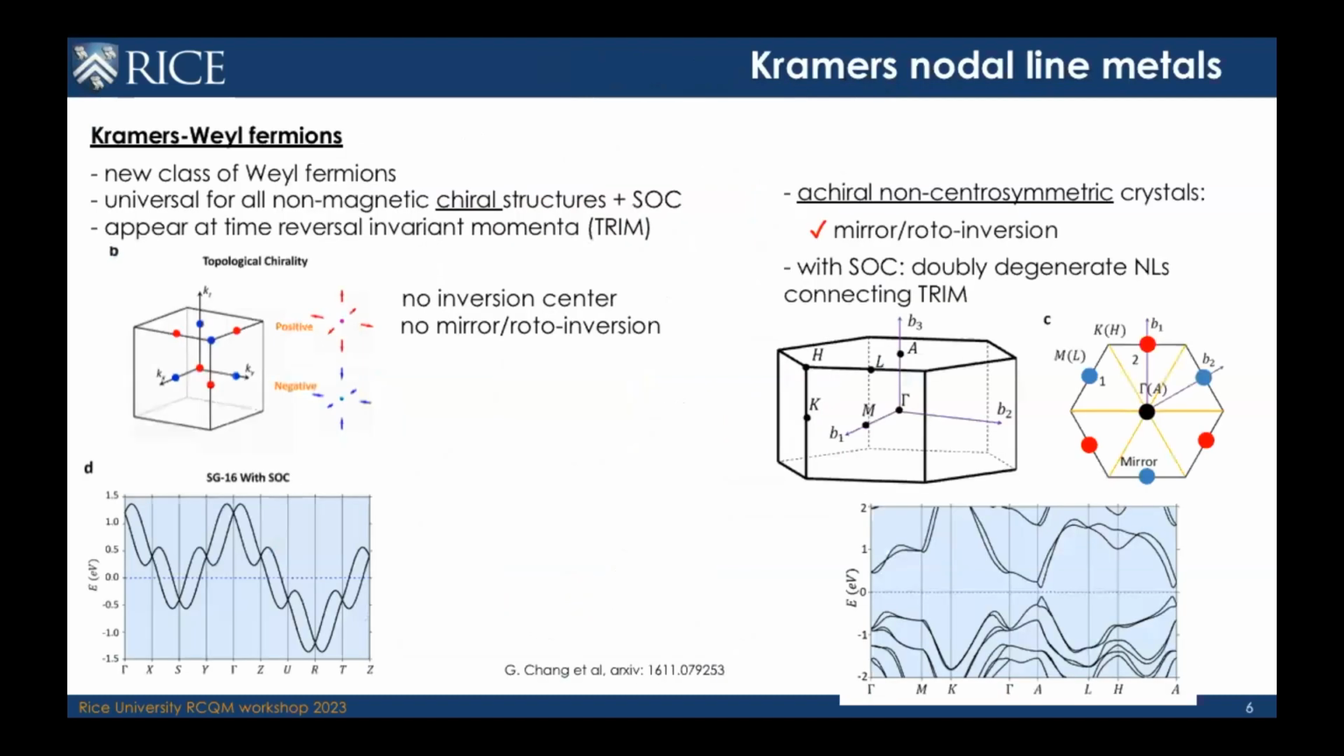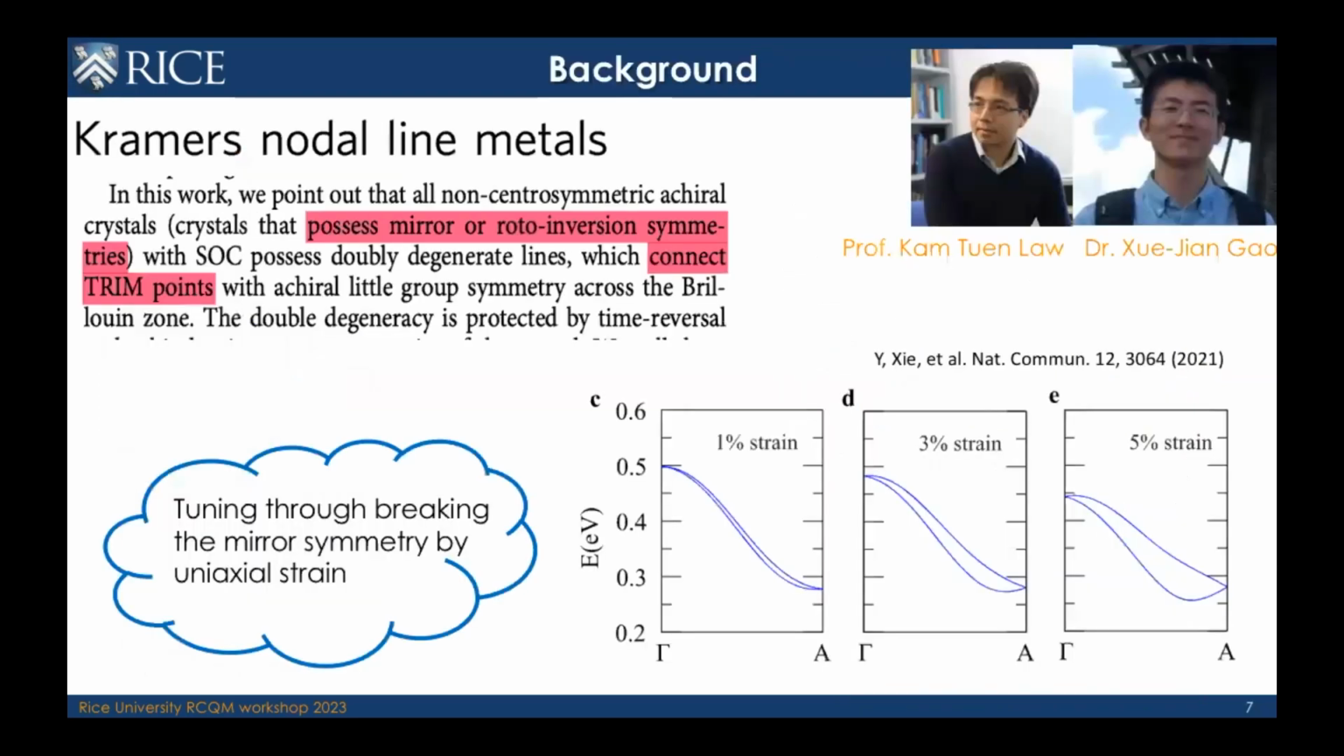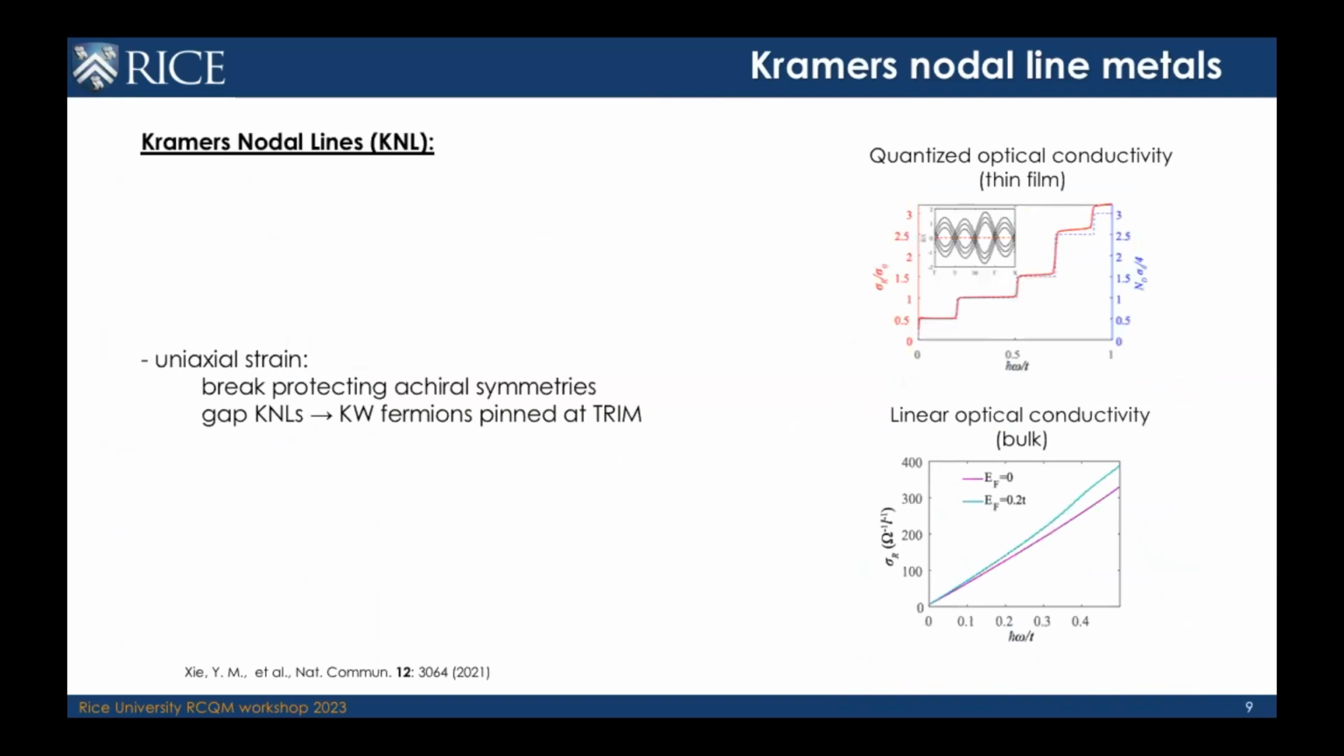And this is where Kramer fermions and Kramer nodal lines fit in. They are a very new addition to the family of topological materials, or relatively new, where it has been predicted that in chiral structures, these Kramer's fermions should be always present, and that is a universal characteristic of non-magnetic chiral crystal structures. And the way it shows up is that because of the lack of